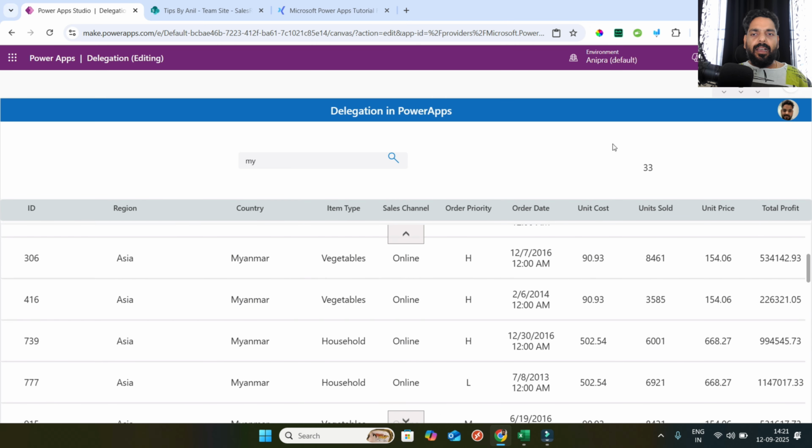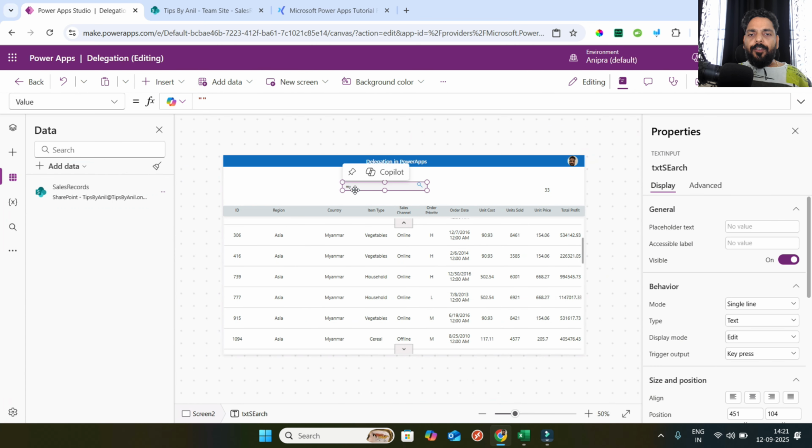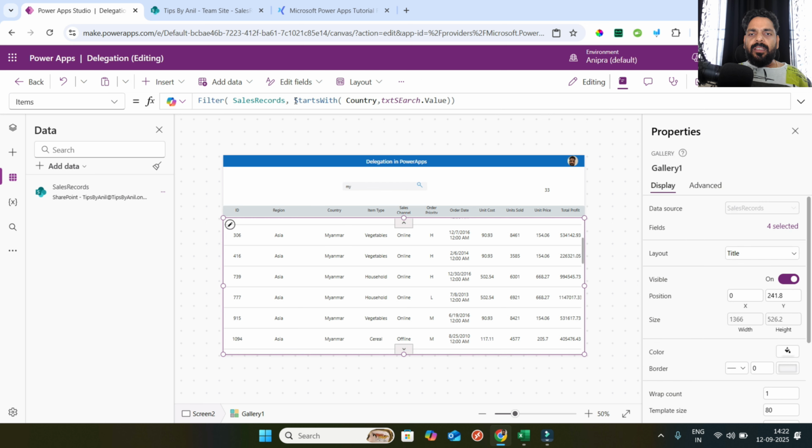So it means this start with function is a delegable function. We can work with a delegable function and search the record even though the record is set on 10,000, 20,000 or 100k. We can start searching by start with, but the drawback is start with always starts